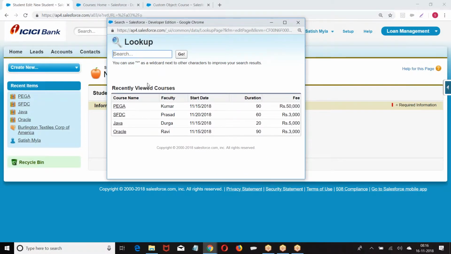When you are using a course object as a master or a parent, in a master detail or a lookup, when you click on the lookup field, which fields of the parent should be displayed? If you are using me as a master or a parent, in the lookup relation or master detail relation, which fields of my object should be displayed?